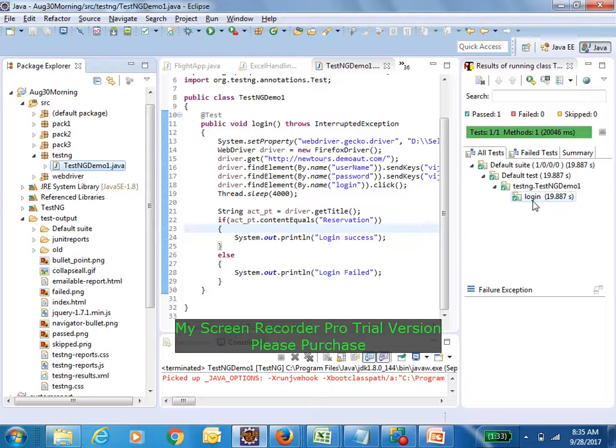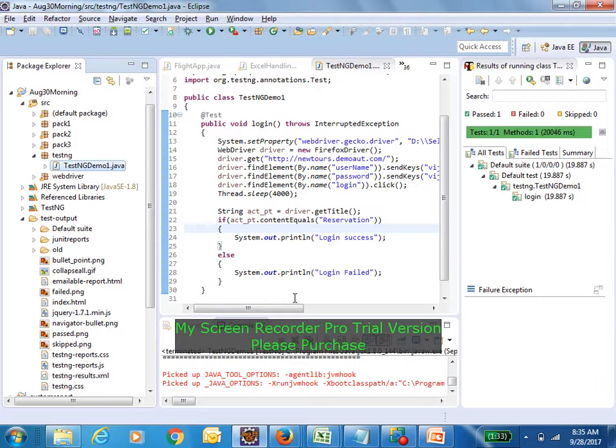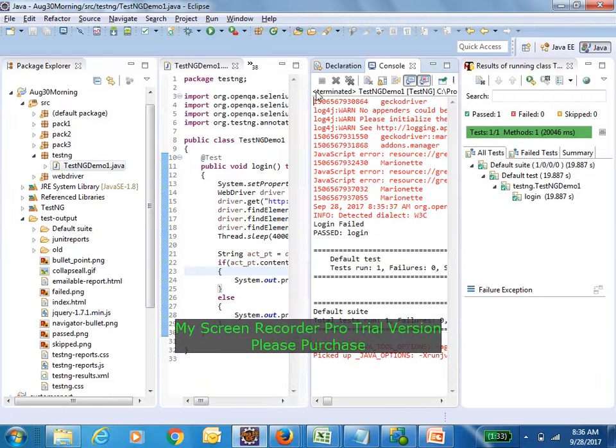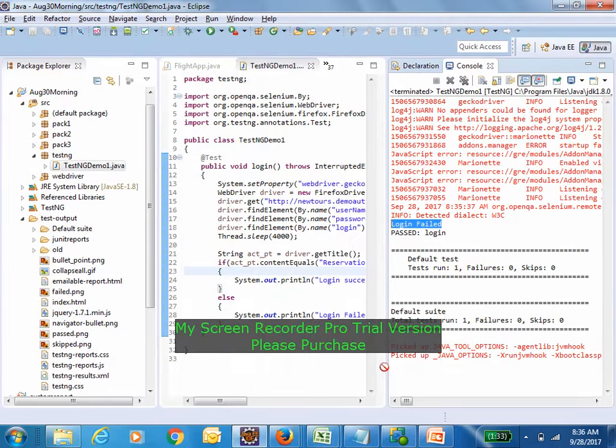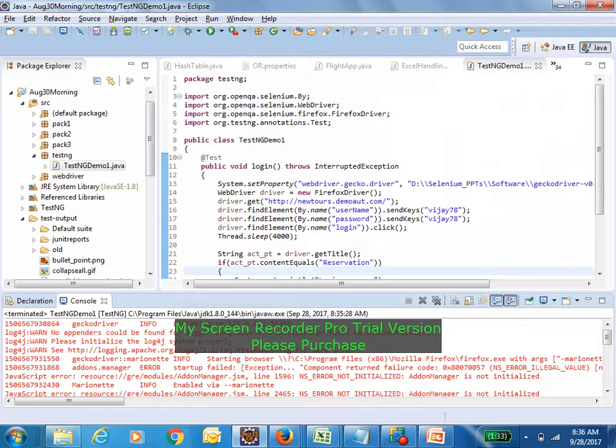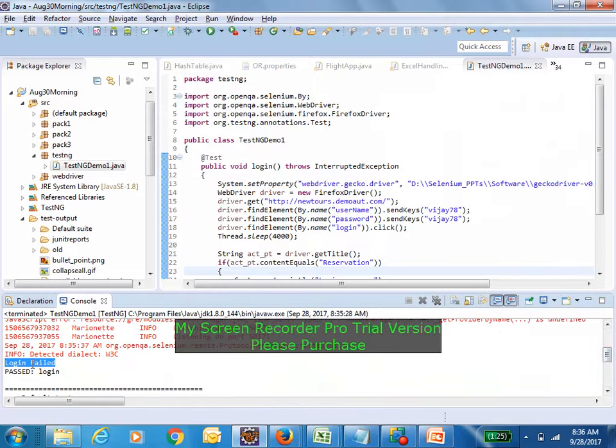See, it is saying that passed only. It won't say fail. Why? Because it has executed your entire script. But if you see in your console, it is saying that login failed. Got it right? Only in the console you will see it.